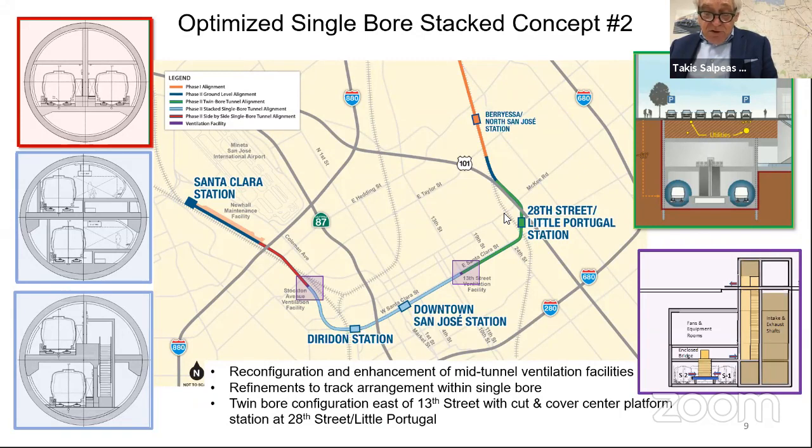And the conclusion from Mr. Powers at the end of our third-in-a-row marathon meeting was, as long as you maintain the 12,500 feet downtown, as previously approved by the VTA board, which is the single bore with a stack, as long as you do the bookends in the best conventional construction you can do, and we are with you very close, shoulder to shoulder in the engineering design, BART is in consensus with what VTA is proposing.